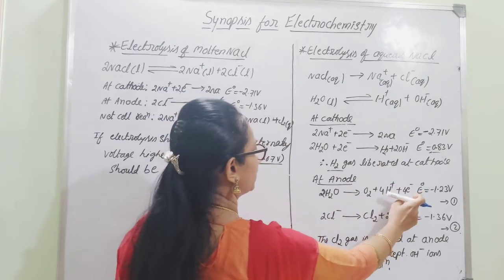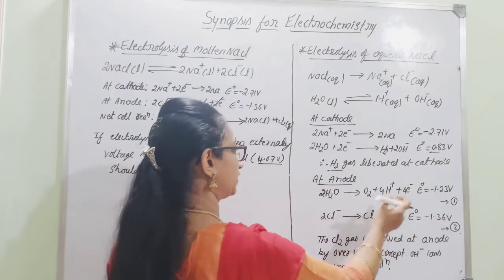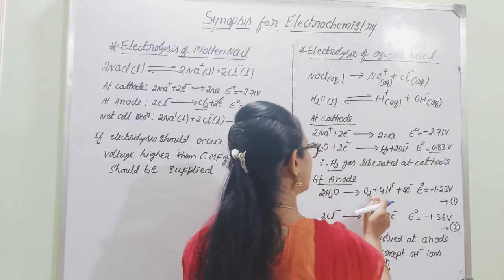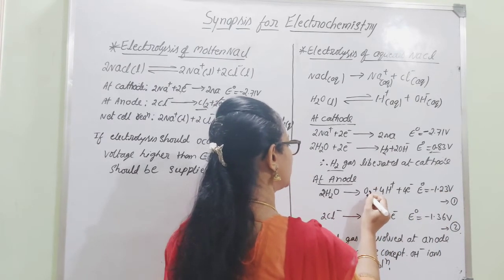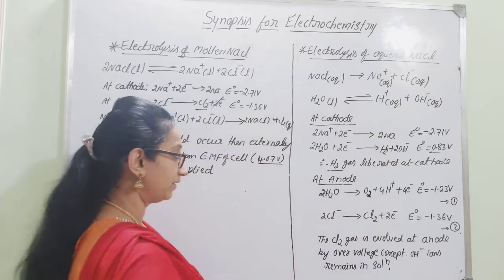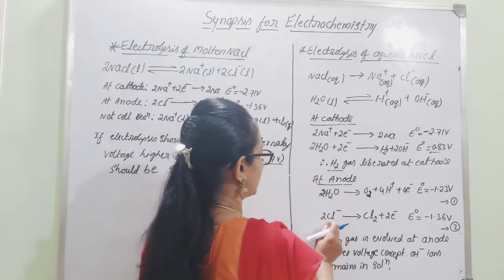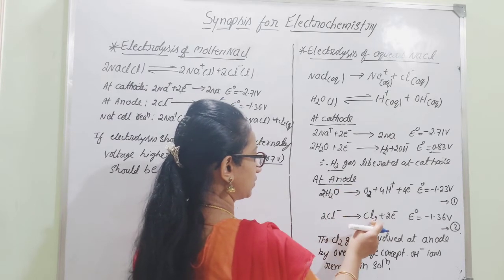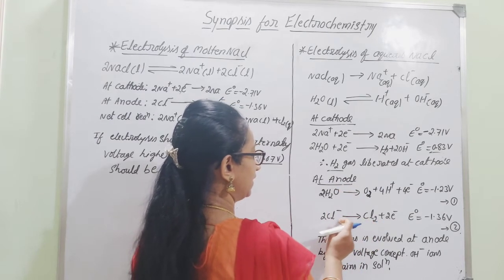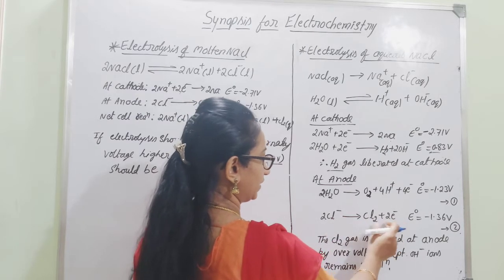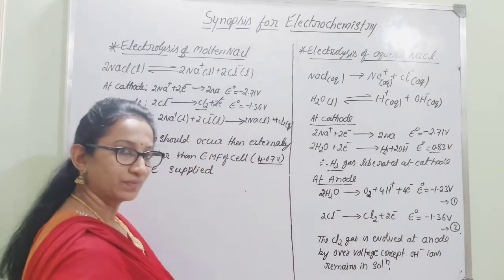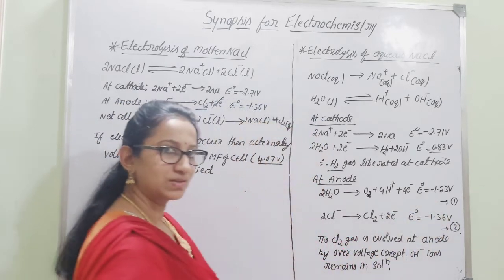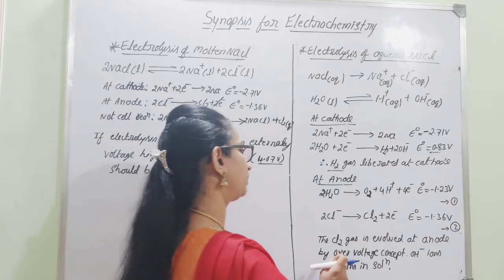That reduction potential value for this reaction will be minus 1.23 volts. According to this, there will be liberation of oxygen gas at the anode. Got it? But at the same time, Cl- is also attracted towards the anode. It is getting discharged in the form of Cl2. It is undergoing oxidation and liberation of chlorine gas here. Now, of course, the E naught value is minus 1.36 volts.